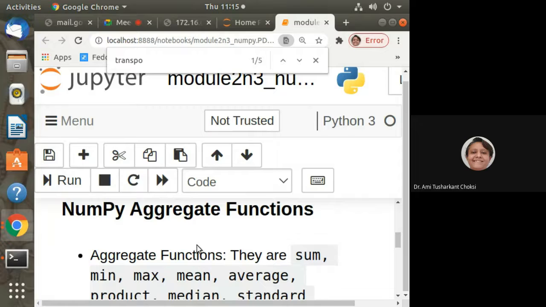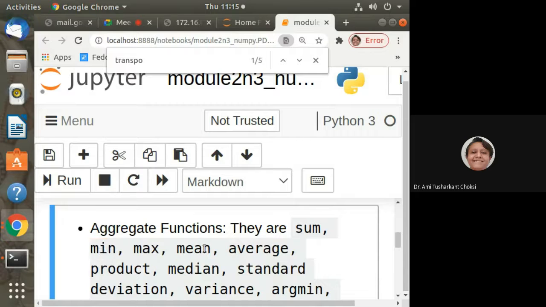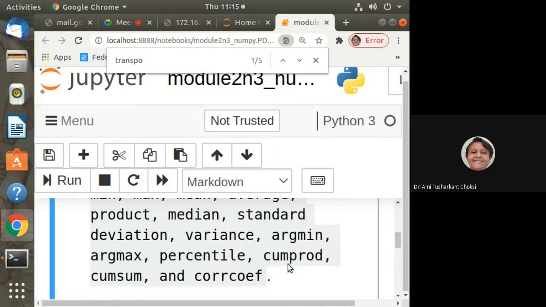Then NumPy aggregate functions. For aggregate functions, we can say they are sum, mean, max, min. This is minimum, isn't it? This mean is average. Average, product, median, standard deviation, variance, argmin, argmax, percentile, nansum, nanprod, and what is that?